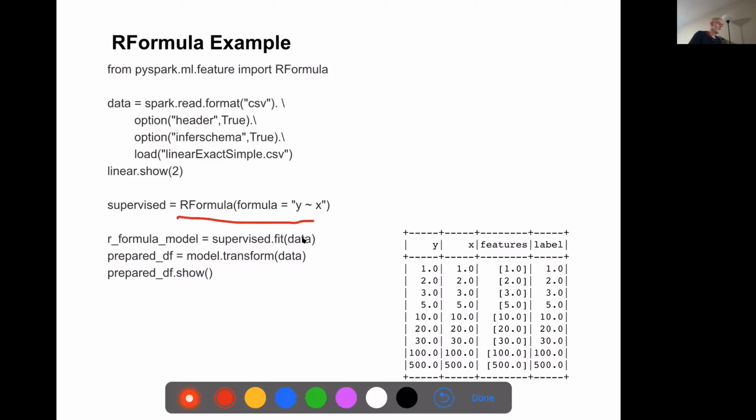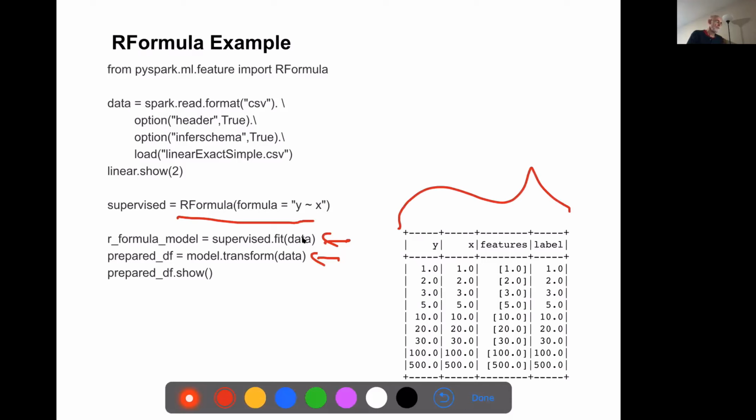And then we can actually create an R formula, by specifying what the model is. And once we've done that, it's pretty much the same to fit the data, and then we can transform the data to get our data frame in the right format. So the data frame starts looking like this.